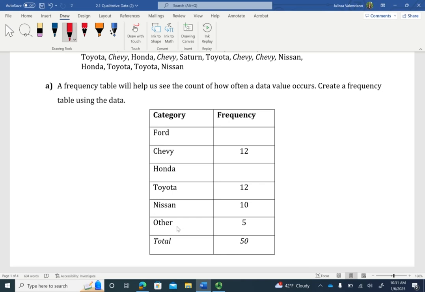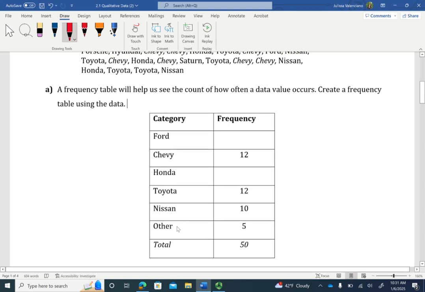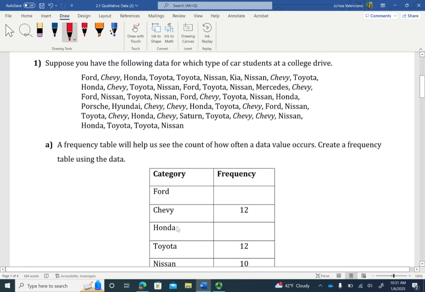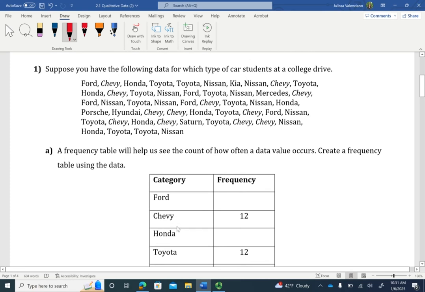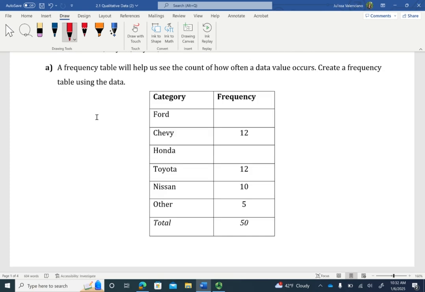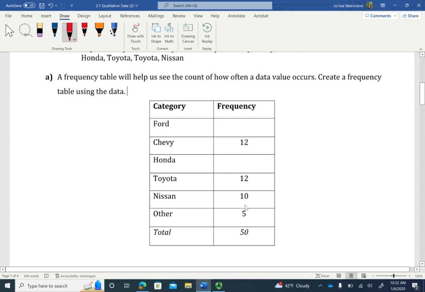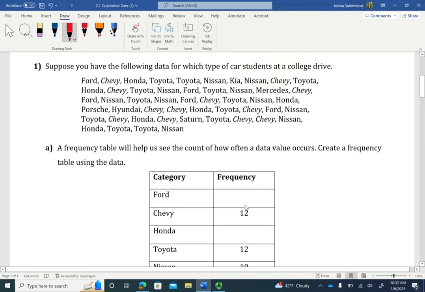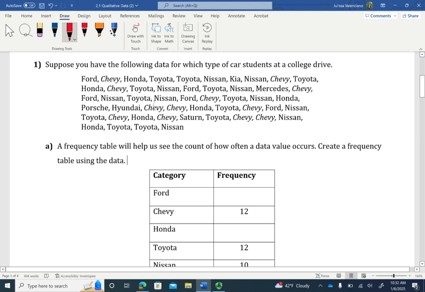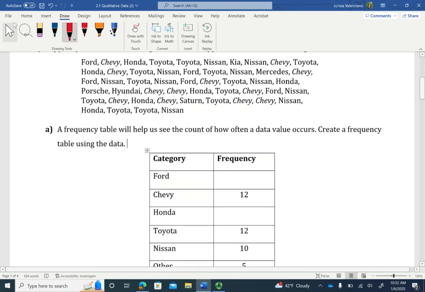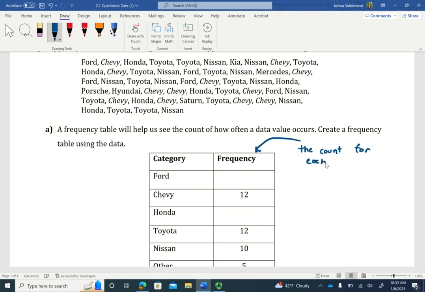Okay. And so for that category, I'm thinking perhaps in the data set, we have some data values that maybe perhaps only show up once. When we're organizing the data, we're not going to want to have a category that only has one data value within that category. Okay? And so in those cases, we create a category called Other, and we can go ahead and gather data values that were only observed once or maybe a few times in the data set. And so what is the frequency? The frequency is going to be the count for each category.